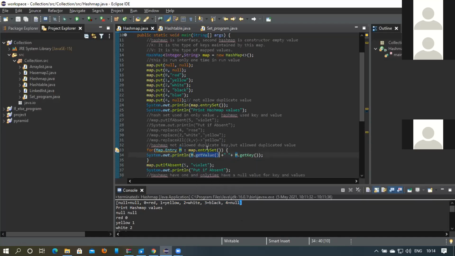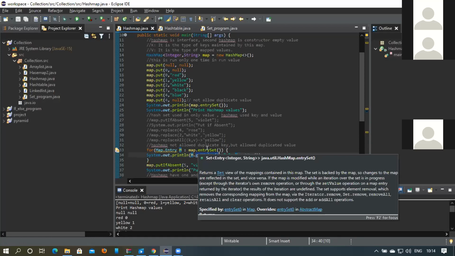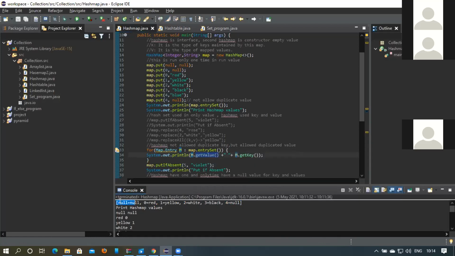Now you have seen this entry set. In this entry set, what am I trying to print first? I wanted to print the value and the key. The first value is null, it printed null, and the key is null.